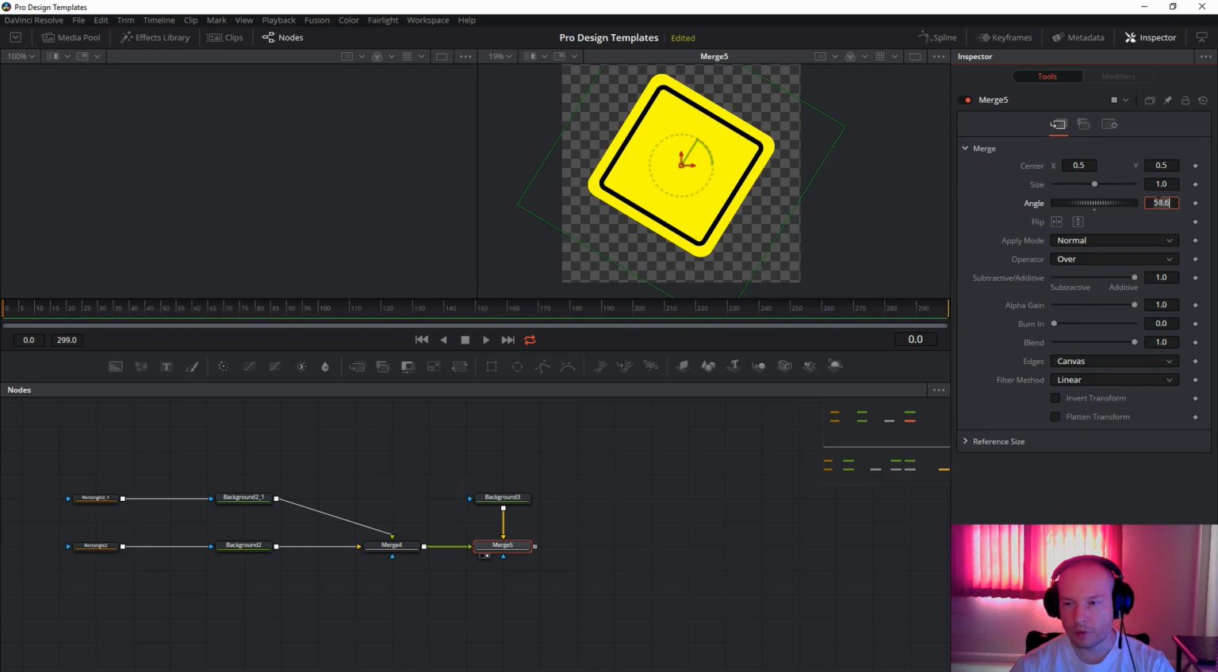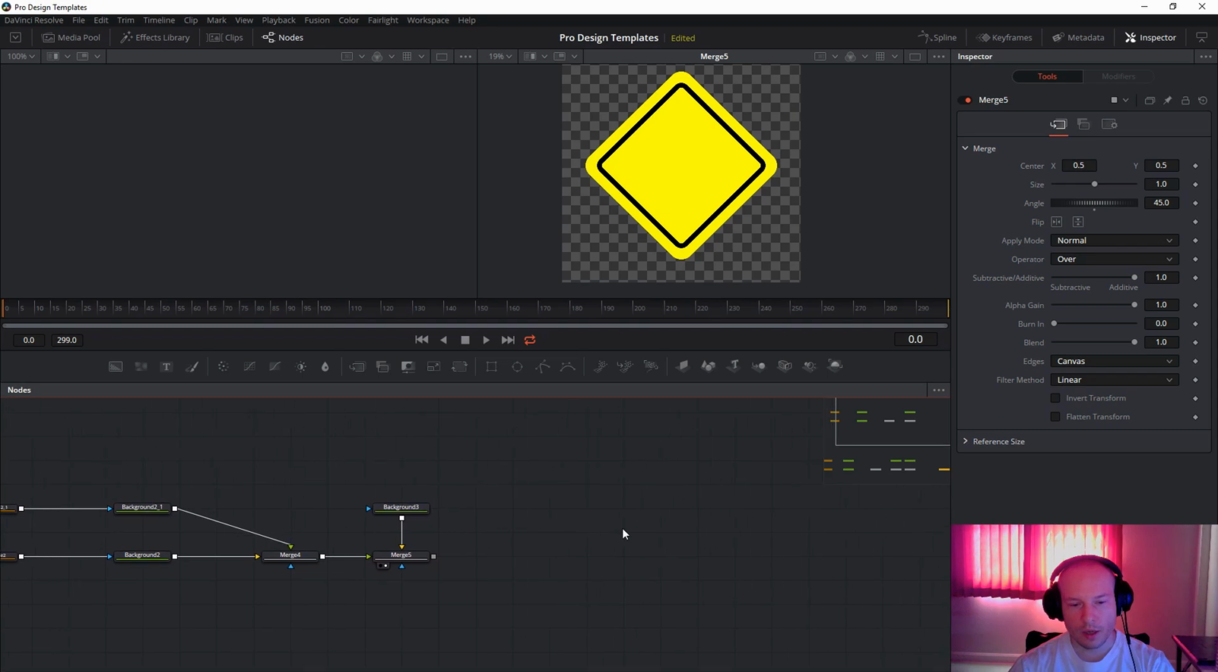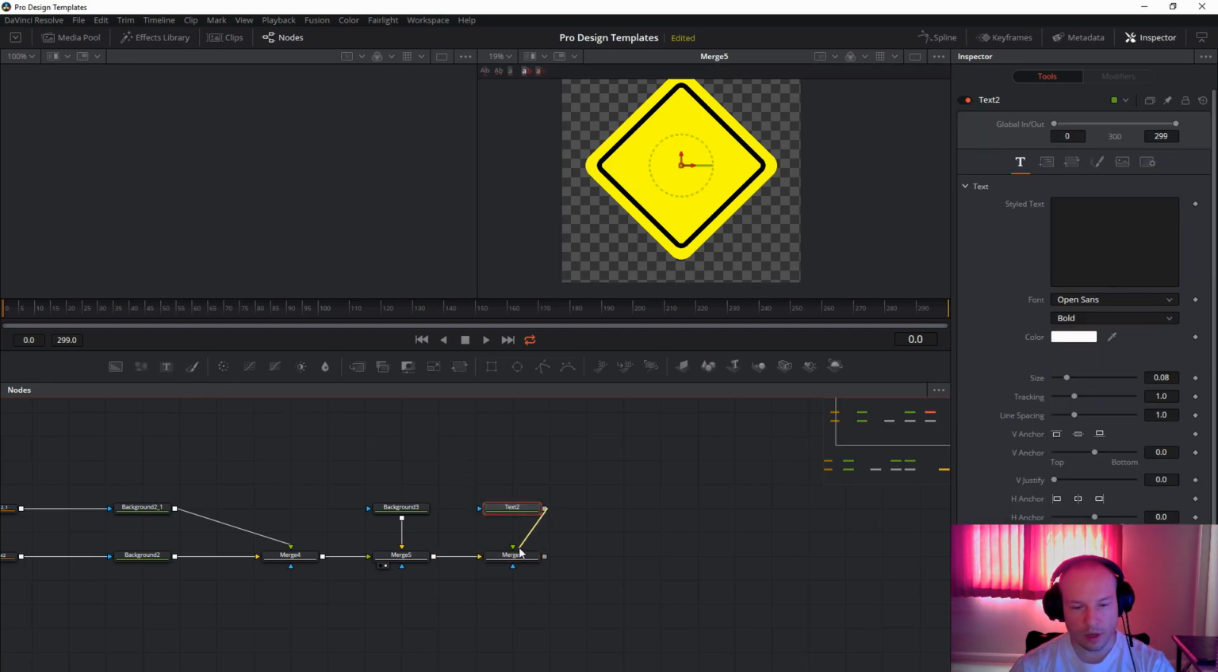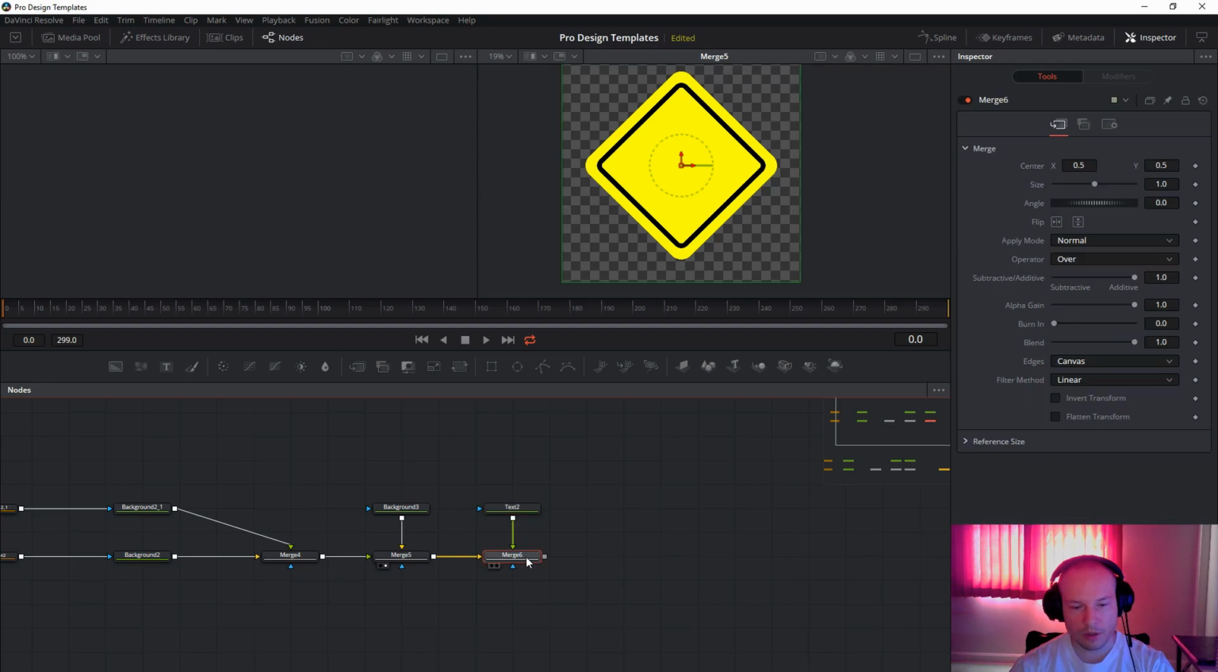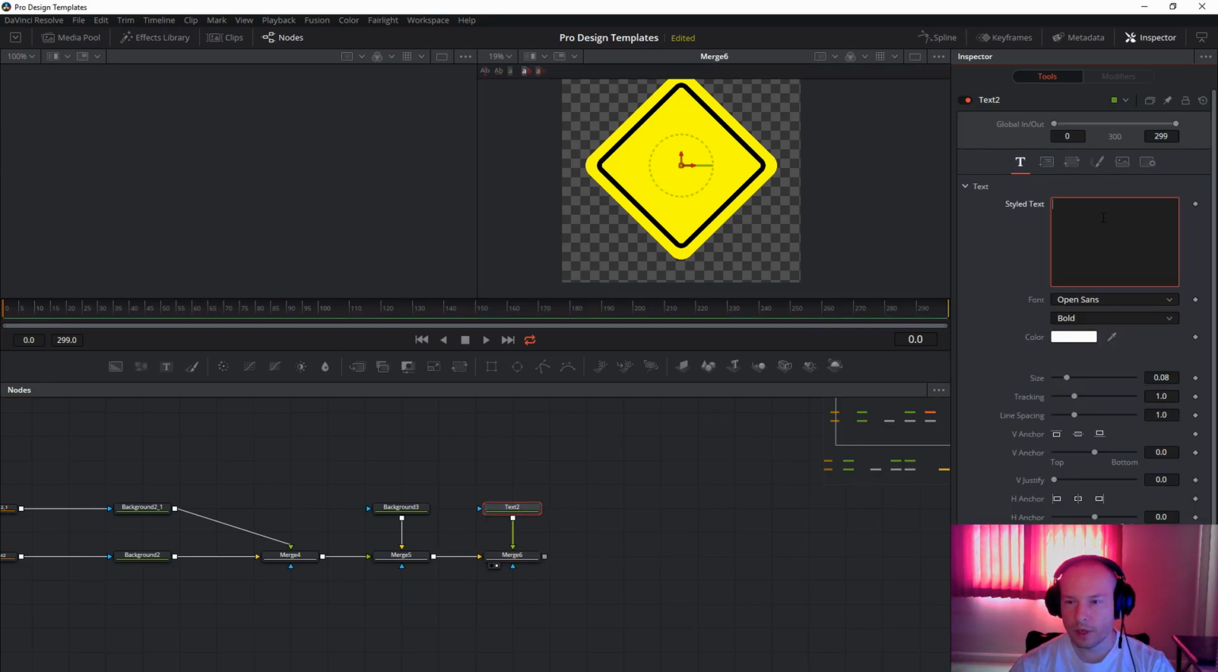We will write 45 degrees like this and take another merge like this. Connect to the yellow arrow, take the text like this, connect to the green arrow, press number 2 on the keyboard again for the third merge, and then click on the text,